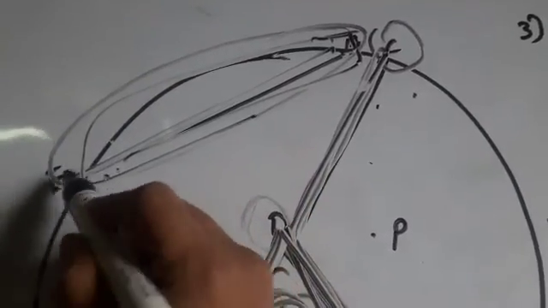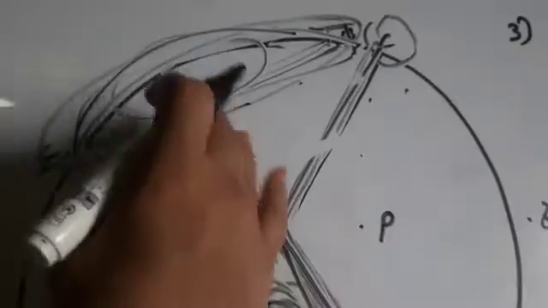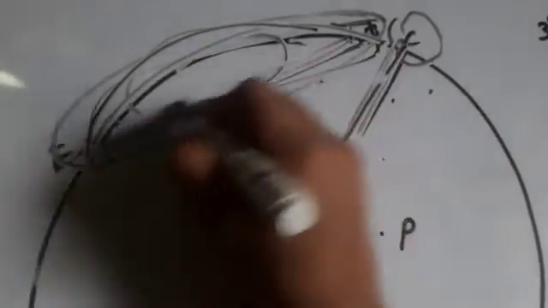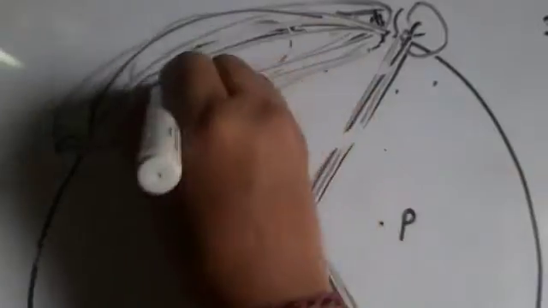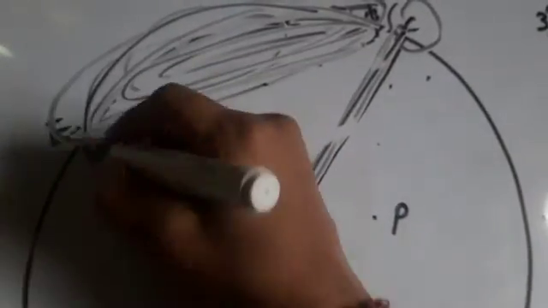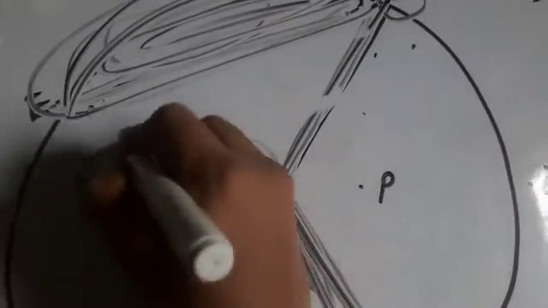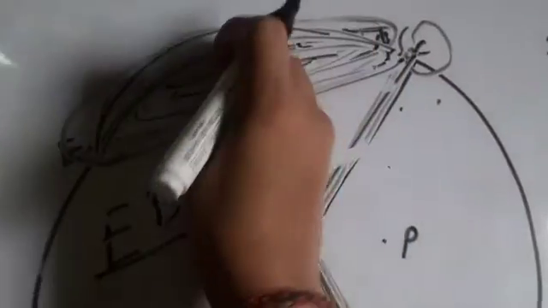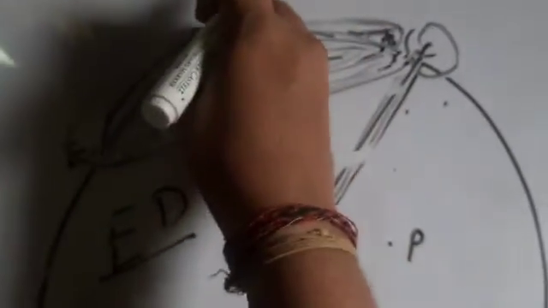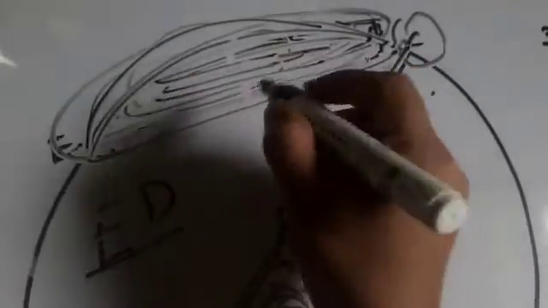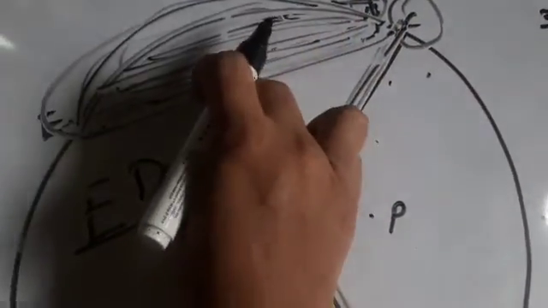The next question they have asked is about the segment. Segment means a region in the interior of the circle which is covered by an arc and the chord is said to be the segment. See here, this is the part which is called a segment, whereas it is covered by an arc and enclosed by the chord. So, ED is the segment. So, the interior part of the chord and the arc is said to be the segment. So, this shaded region is said to be the segment.